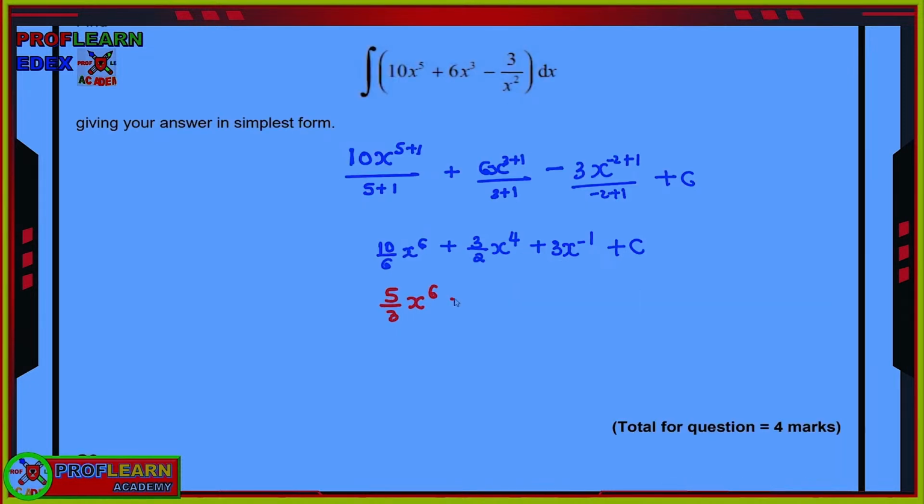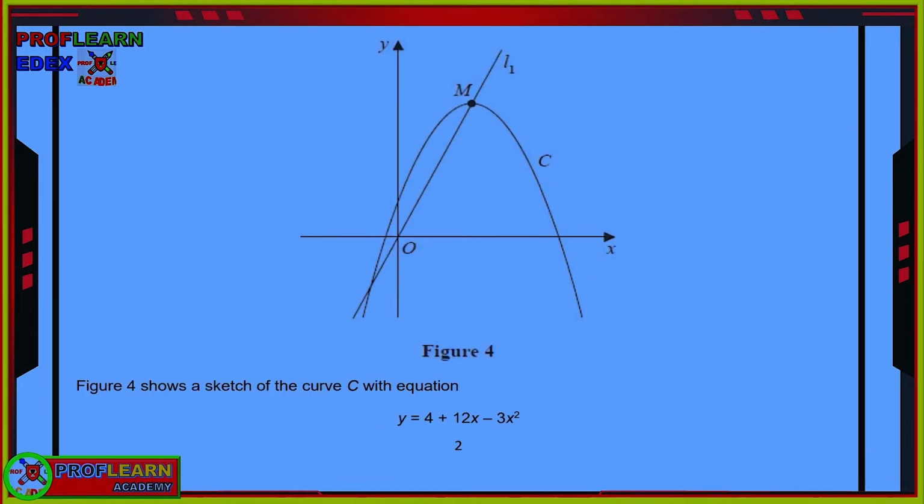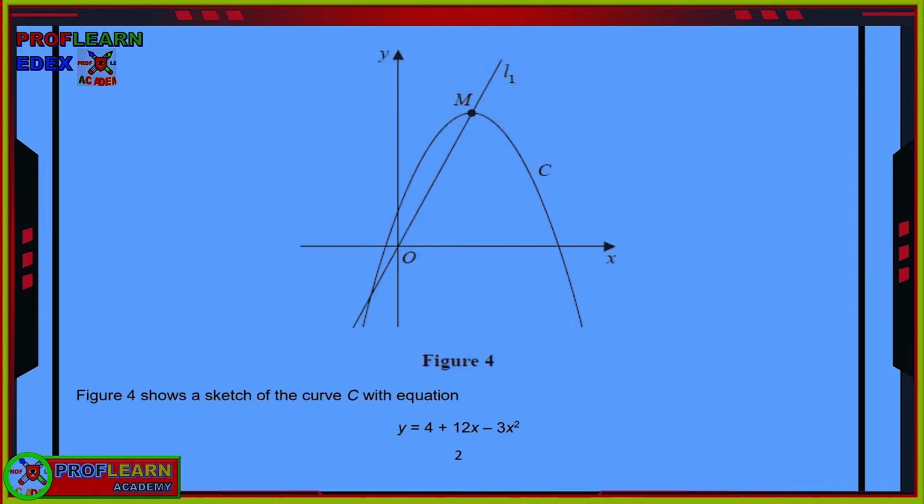The next expression we're going to look at, of course, this one we can simplify further, but let us go to the next one. We have the figure that shows a sketch of curve C. We have curve C, which is a quadratic, and then we have a straight line that passes through the origin and the point M. Now, that is the equation we have for the quadratic, which is y equals 4